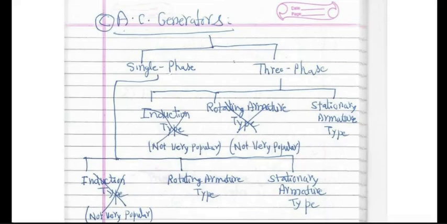But for large powers, as I said, even in case of single phase AC generators, you would rather have armature non-rotating and poles rotating. So the second construction is stationary armature type. Armature is the part that produces the required electrical power. That part can be made either rotating or non-rotating. Non-rotating is important because you want high powers to be drawn, and connecting to a stationary armature is better if high powers are involved compared to rotating armature. So single phase AC generators can be either rotating armature type or stationary armature type.